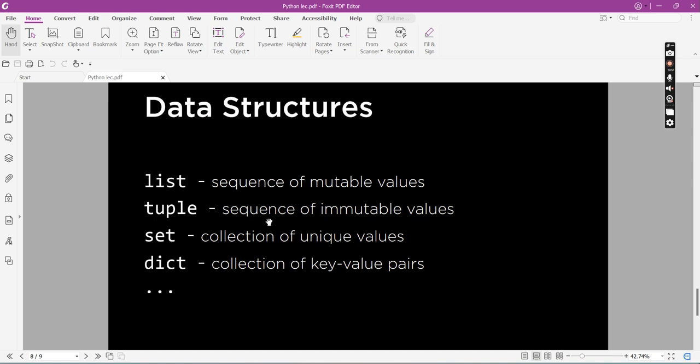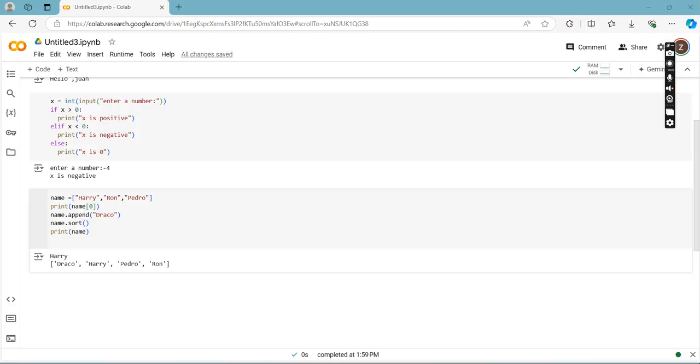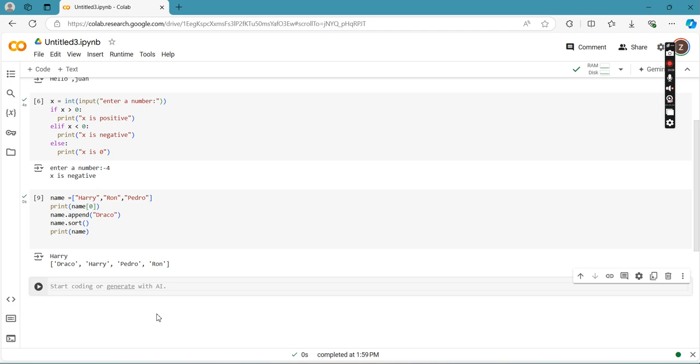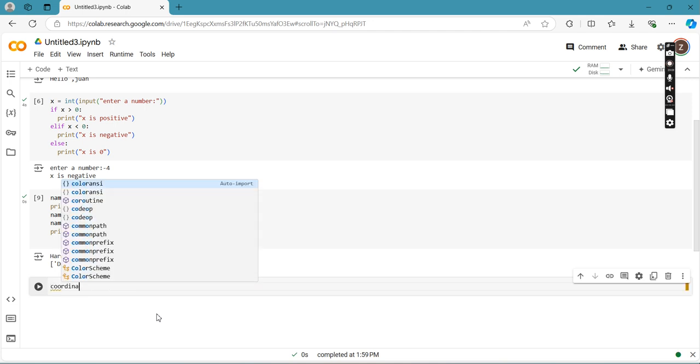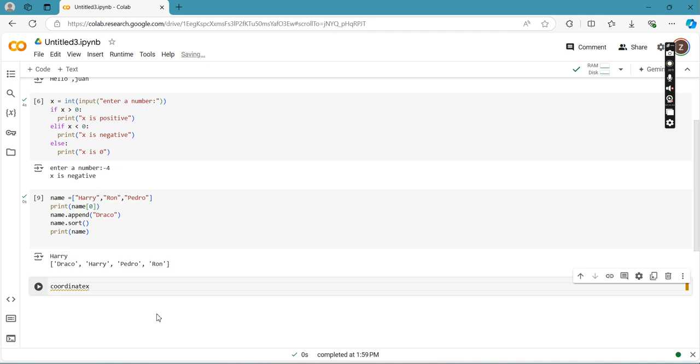For example, I have here a coordinate x, which is equal to 10.0. I also have coordinate y, which is, let's say, 20.0. Now, I would just like to combine them.